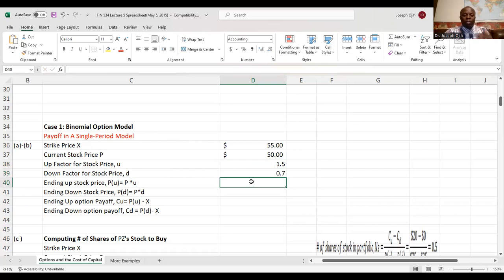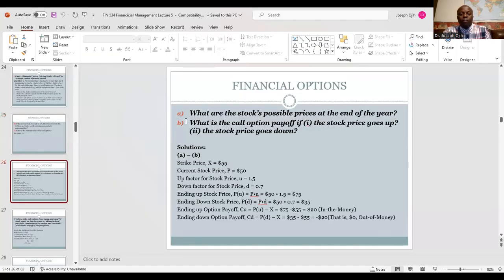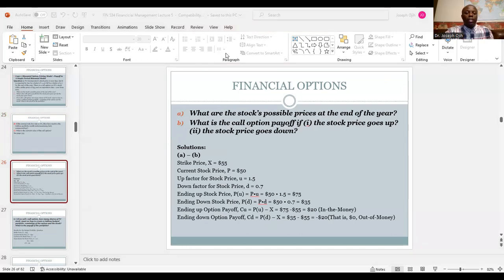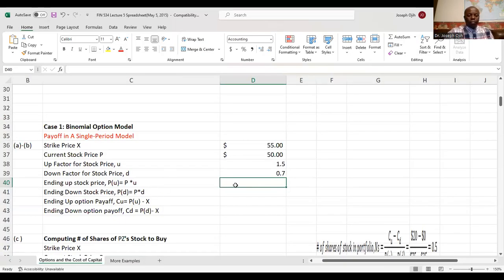So with this, we start answering the questions. Remember that questions A and B we are doing together. Questions A and B asked us to find the stock's possible prices at the end of the year, and the call option payoff if the stock price goes up or goes down. So let's answer that. We go back to Excel to answer this. So the ending up stock price, I use the symbol PU to represent the ending up stock price. It's going to be